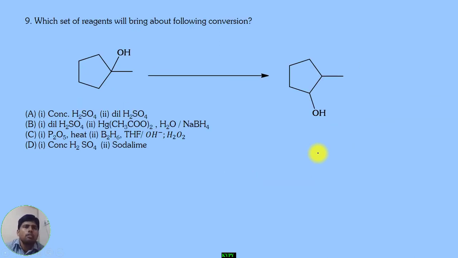Yes. Which set of reagents will bring about following conversion? Yes. Let us check each of them. Concentrated sulfuric acid and dilute sulfuric acid. So when we add concentrated sulfuric acid, it will perform elimination. So this will eliminate, and it will form a most stable alkene. Then on hydrolysis, we get back the same result, because here